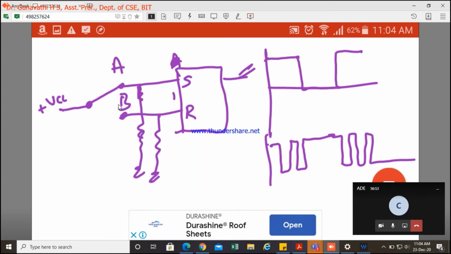The resistors here are just to restrict the flow of current. Now what will happen if the switch is connected to A? Suppose this is 1 as soon as I connect. This is A. Now my B is not connected to the power supply, so my B is 0.